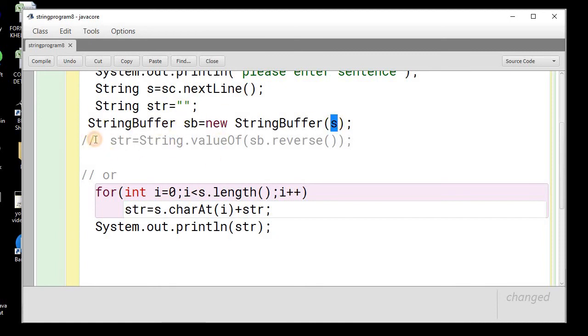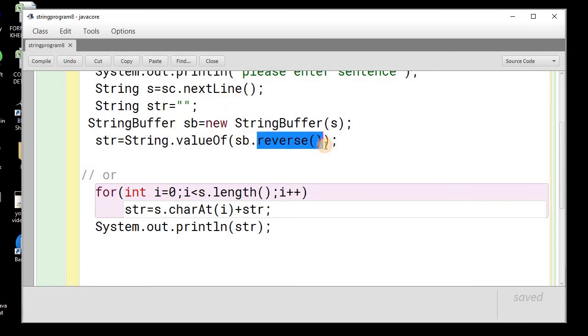Now the string buffer has a method that converts it into the reverse, which is the reverse method. So we will be using the reverse method that is available in the string buffer. Remember, this reverse method is not available in the string class. So that is why we have converted the string into string buffer.